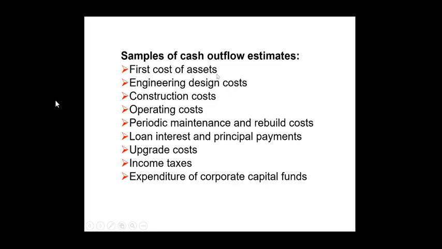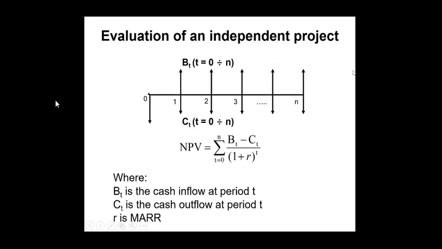Includes the first cost of the process, engineering design cost, construction cost, operating cost, and periodic maintenance and review costs, loan interest and principal payments, and upgrade cost, income tax expenditure of the corporation capital funds. Okay,